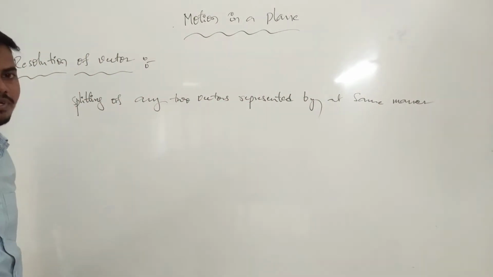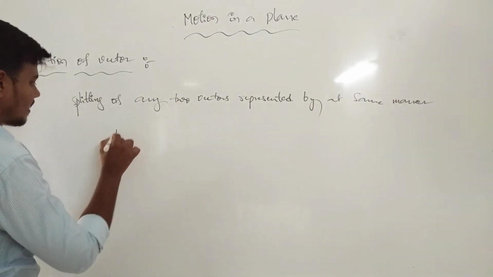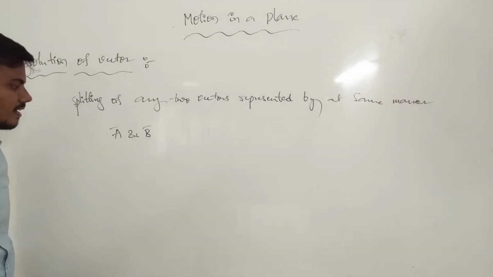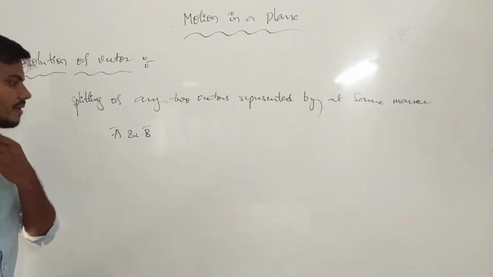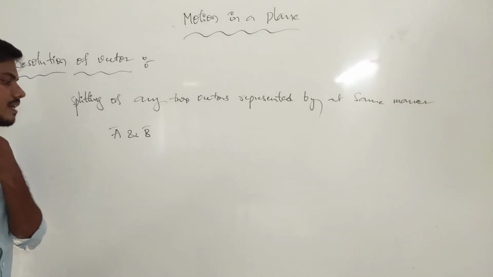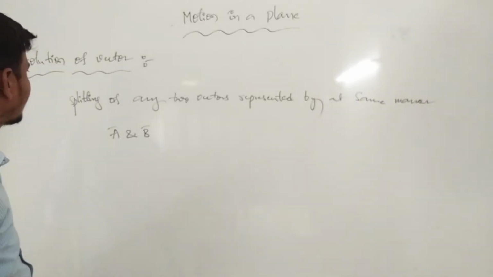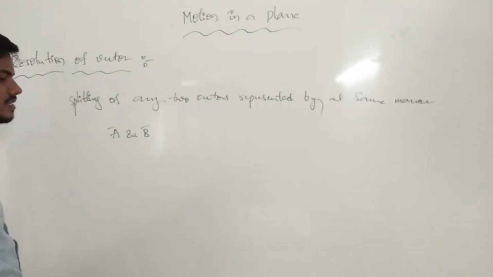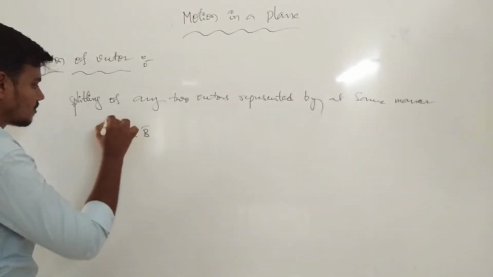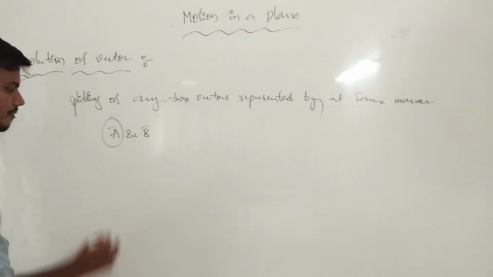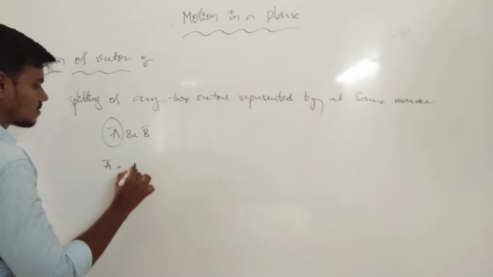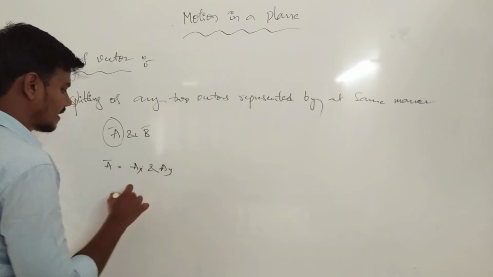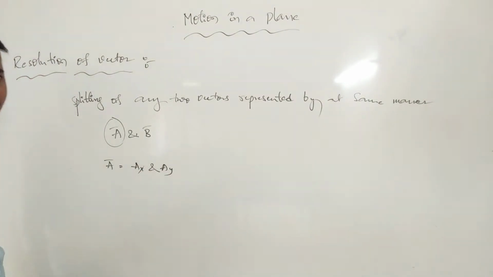Splitting applies to two types of vectors, the first vector A bar and the second vector B bar. We introduced A bar and B bar in our previous class as two-dimensional vector components. Clearly we can observe A bar and B bar in resolution of vectors. Now A bar is equal to Ax and Ay, at x-axis and at y-axis, as in our previous class.